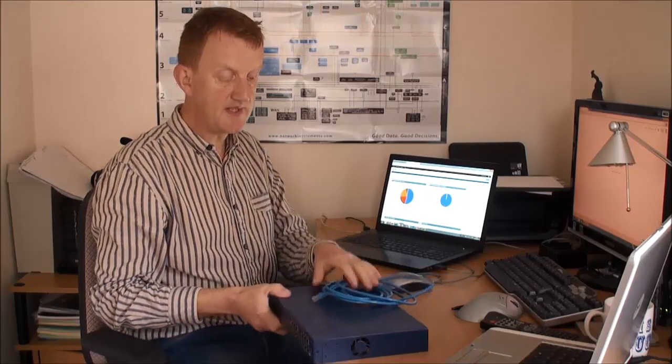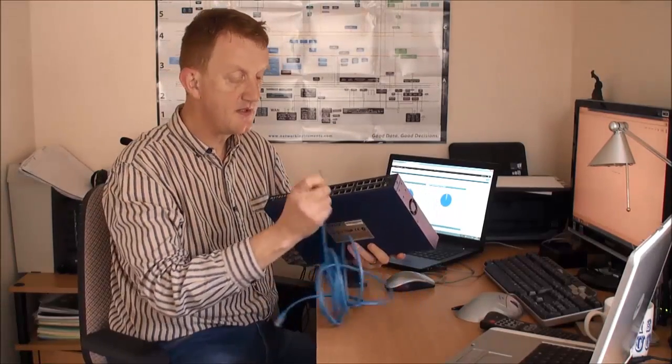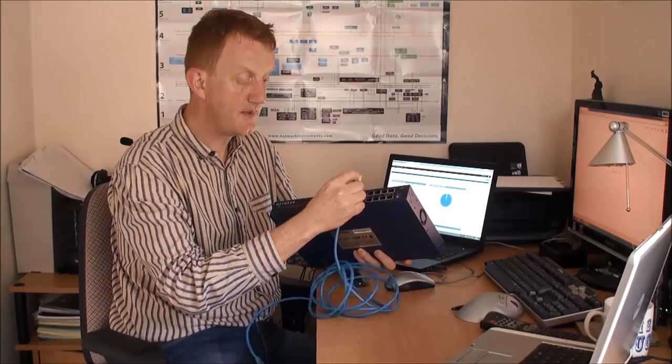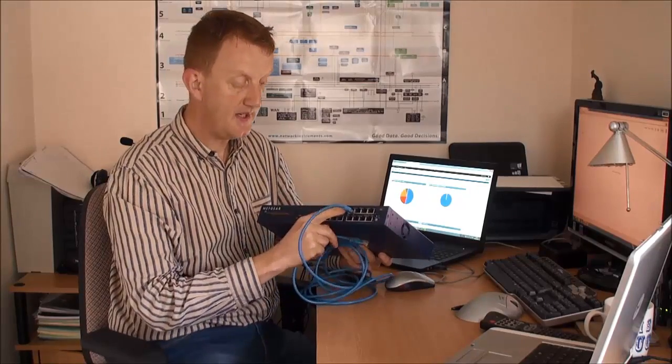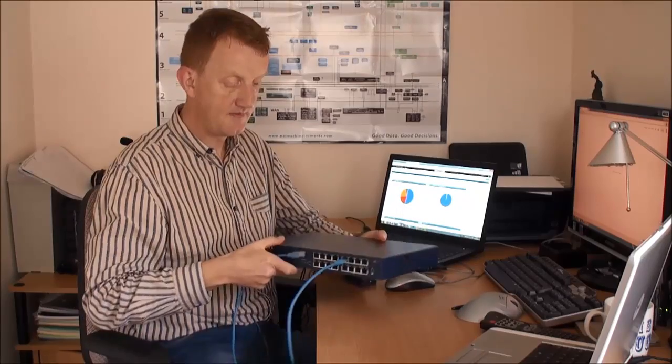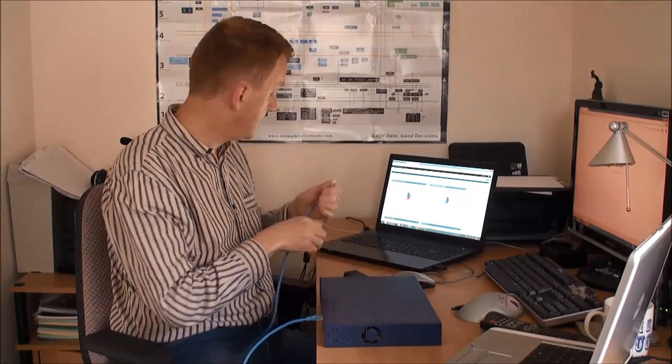The next thing we need to do is plug our laptop into a switch of interest. It could be a core switch, it could be just somewhere where you've got servers or something of interest connected, maybe an internet connection. So you can basically use any managed switch, whatever it is, you just need to plug into a regular Ethernet port, pick any port. There's no set one which is just for monitoring, so plug in to any port on a managed switch, then plug that cable then into your laptop,